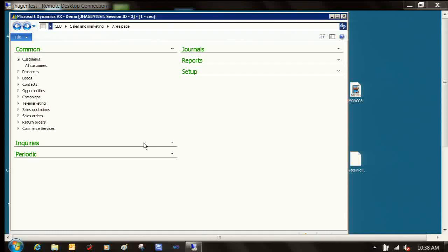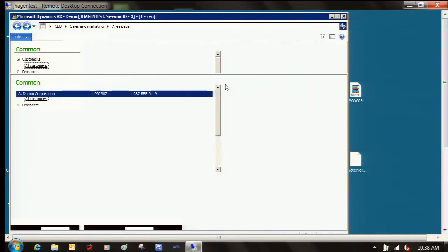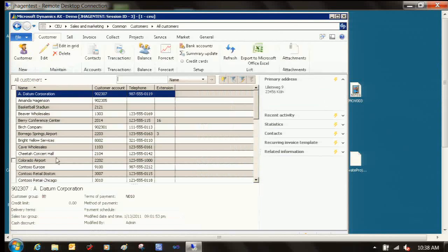Okay, so at this point, I'm going to be Marie, the sales representative, and I have two customers to enter in the system. One is going to be a person, and the other one is going to be an organization. So I go to the customer list page, and here's the list of the customers that I'm able to see. I click on the new customer,